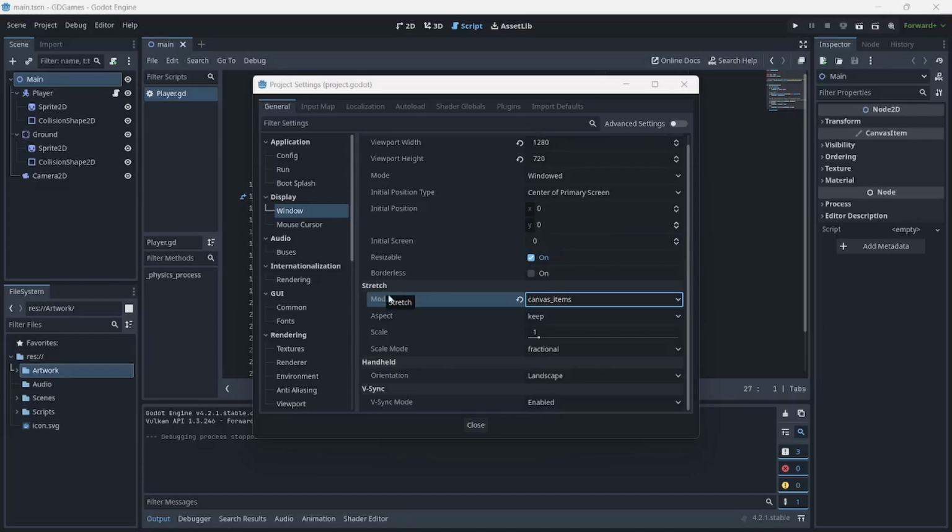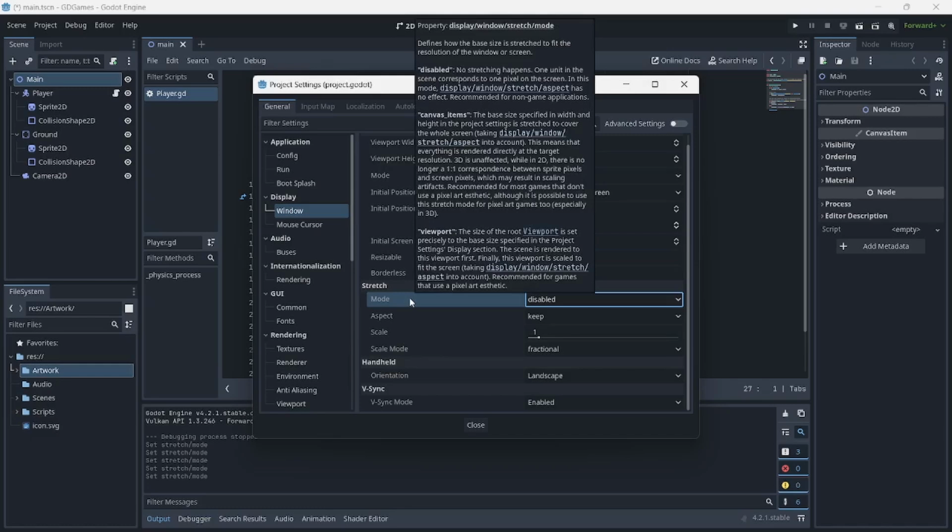Okay, so I just want to talk a little bit more, to deepen my understanding of the stretch options here. We have three options: disabled, canvas item, and viewport. The viewport option is usually recommended for pixel art items. Canvas items is not recommended for pixel art. And disabled is basically nothing, no stretching is happening on our screen. If you hover over the mode, you will find some balloon tips or tooltips with the definition of how those options are used